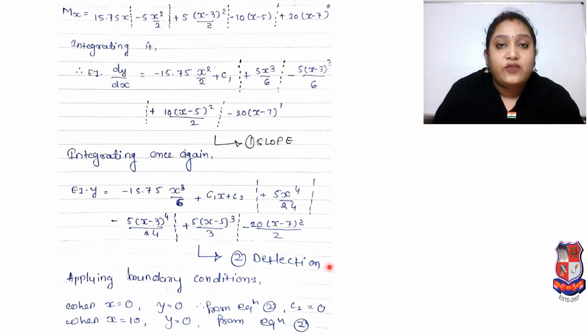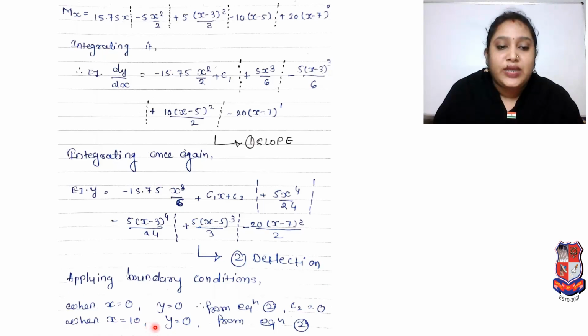Now what we have to do? We have to apply boundary conditions. So x is equal to 0 and y is equal to 0. Then in equation number 2, automatically c2 will be 0, because you can see that if we put the value of y 0 and x value 0, then all terms will be 0, and if any term comes in negative, then we have to automatically neglect it. So c2 will be 0 as per the applied boundary conditions.